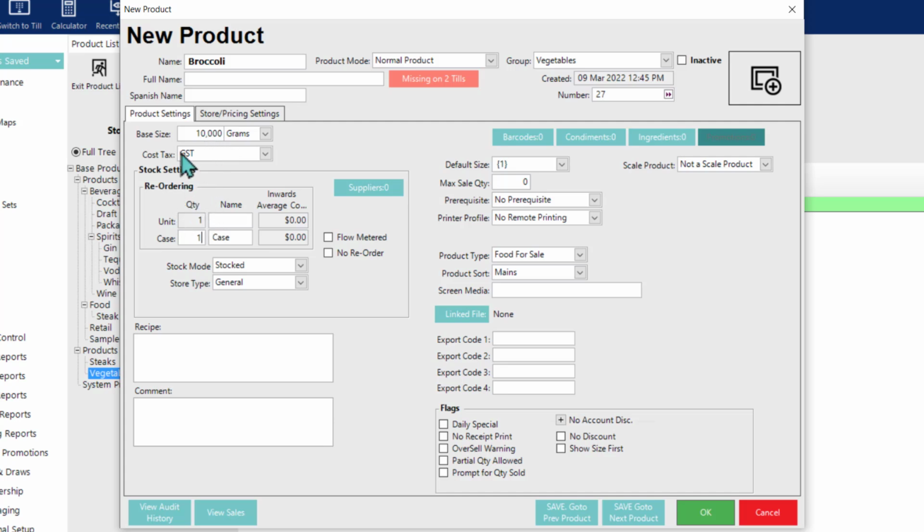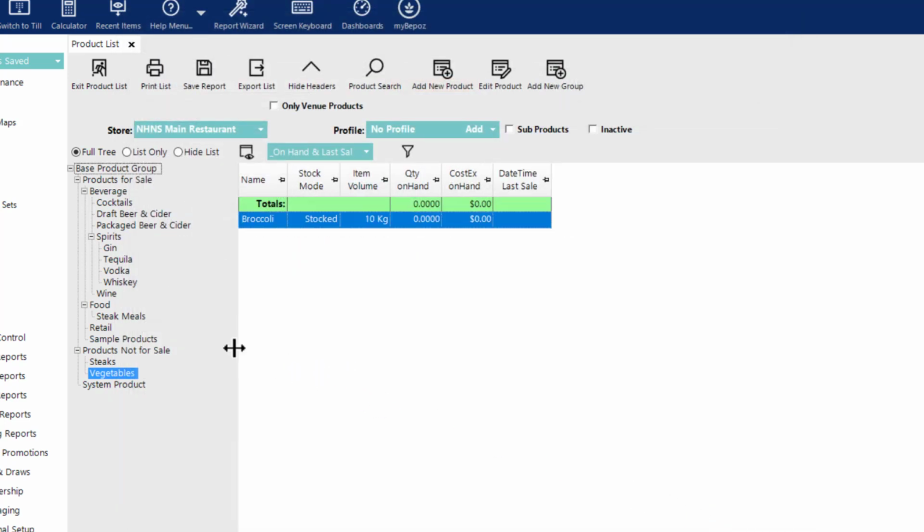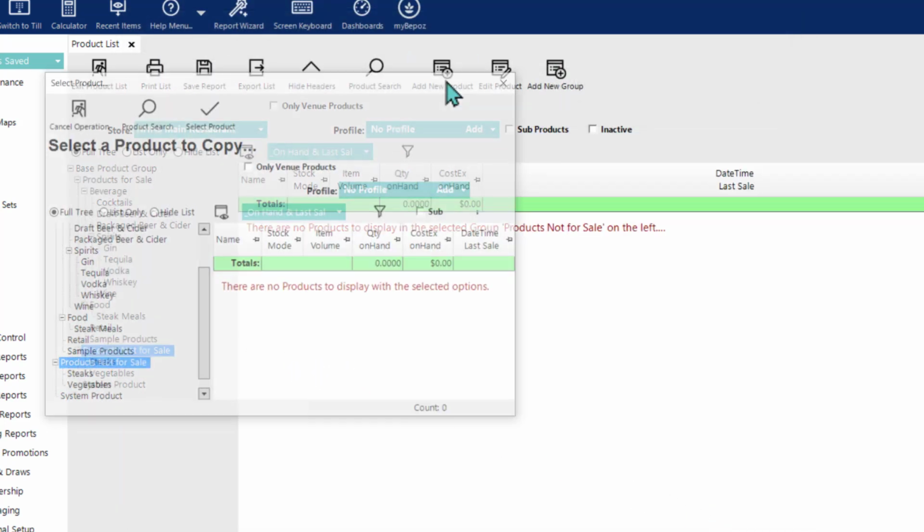The difference between that and the base size, again, I'll reiterate, this is how we're purchasing the product from our suppliers, and the base size here needs to be set up to correlate with the units and the portions of the units that are going to be either sold to customers or used internally. In this case, the broccoli won't be sold to customers, but because we're going to use it internally as an ingredient of another product, we do still need to have the base size configured accurately. But with that, I will save our broccoli there,